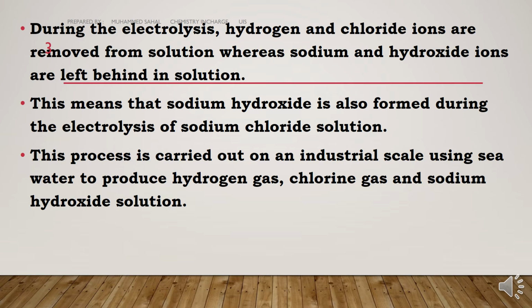Now uses of chlorine: used in the manufacture of hydrochloric acid, bromine production, water treatment, the plastic industry, solvent preparation, making disinfectants, extraction of titanium, and various chemicals like dyes and pesticides. Next one, uses of hydrogen: used in welding, the food industry, to prepare hydrochloric acid and ammonia, and as a rocket fuel.